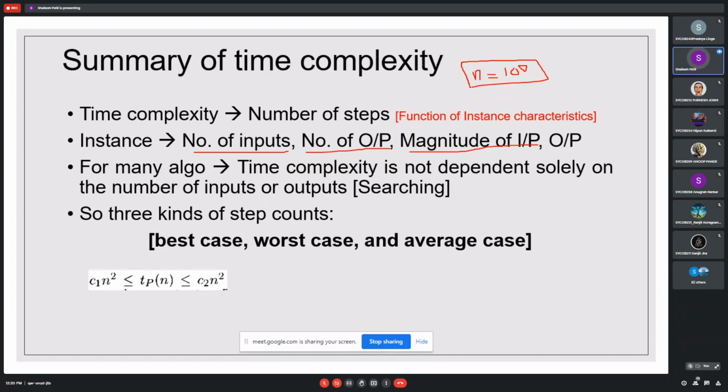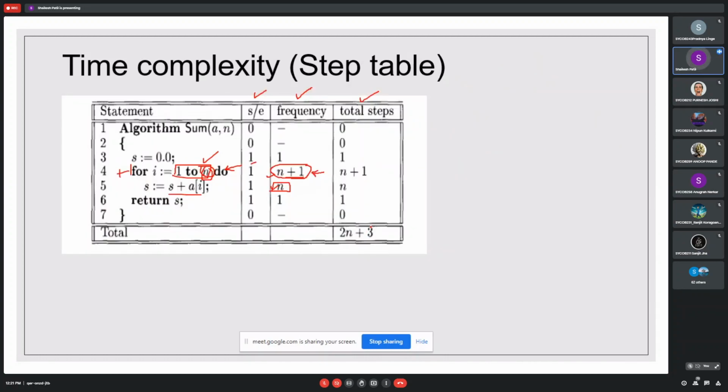On the basis of this, we have already seen that for many algorithms, time complexity is not dependent solely on the number of inputs and outputs, like the searching algorithm and the sorting algorithm. A few lectures ago we saw bubble sort: with the normal sort we get one count, if you introduce -i inside the for loop we get another count, and with advanced bubble sort we check whether everything is sorted and exit directly. So it depends. It is not directly depending like this, but this is the formula of our calculation, and on the basis of that it will change.